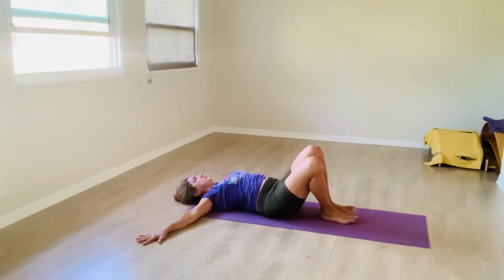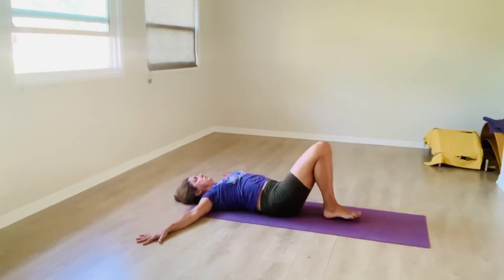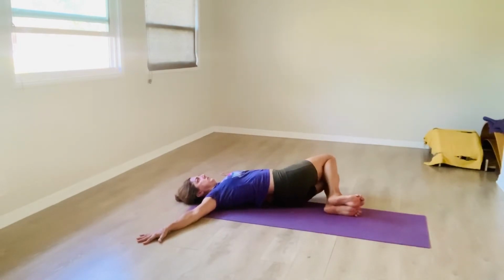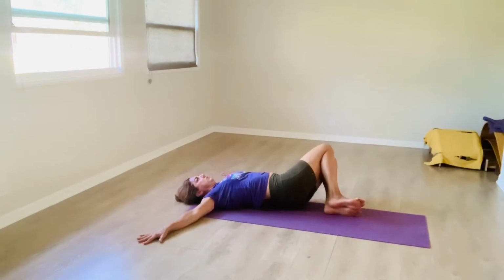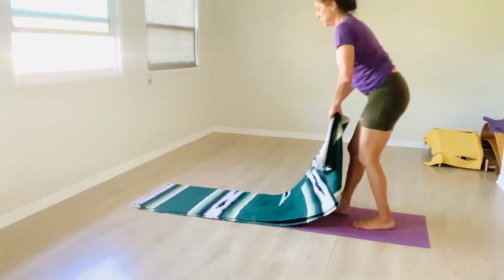The arms are moving away from the center of the chest, keeping the chest facing upward, and as you twist, maintain the feet stuck one on top of the other and the knees stuck one on top of the other. Moving on,